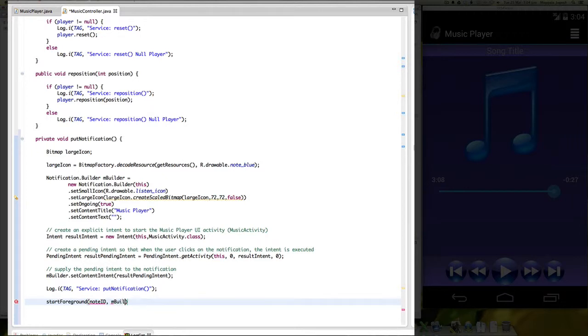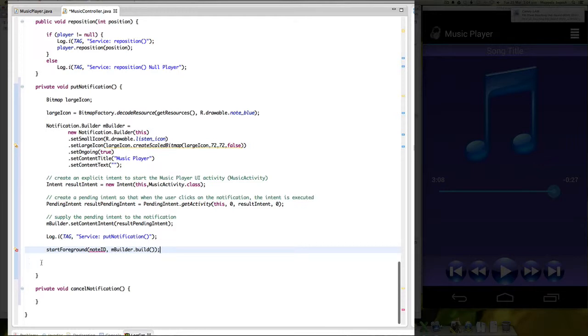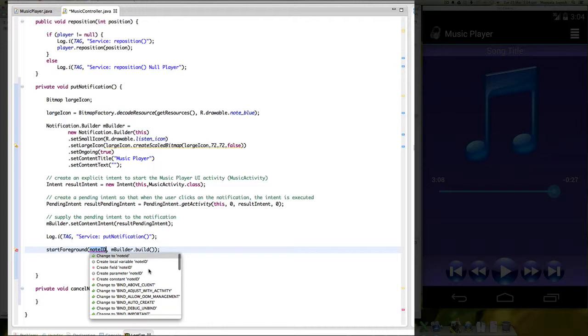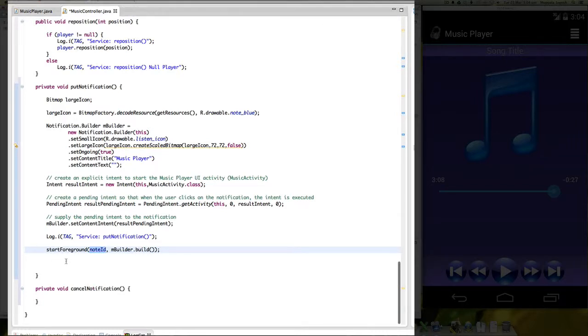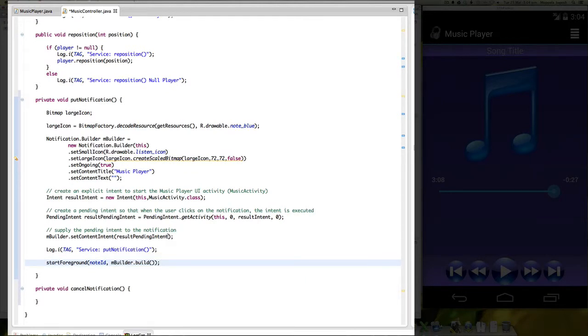And so I supply the notification that I have created earlier, mbuilder, and then I would say mbuilder.build, and then that's about it. Okay. Now, in this particular case, sorry, it's note ID with a small i in this particular case. Okay, so with that change, I can now save